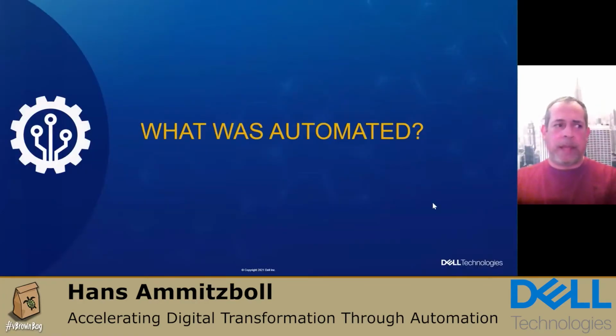So what do we automate? Well, this is important. Hopefully it doesn't bore anybody because it's a lot of bullet points, but it's really critically important to understand just how much work goes into deploying a data protection solution. There's the deployment of the actual virtual appliances themselves. There's the configuration of those appliances, things like DNS, NTP, and other services. There's the addition of the underlying infrastructure components to those virtual appliances. And then there's the integration back into the asset sources. So let's look at what was automated. First, the data protection